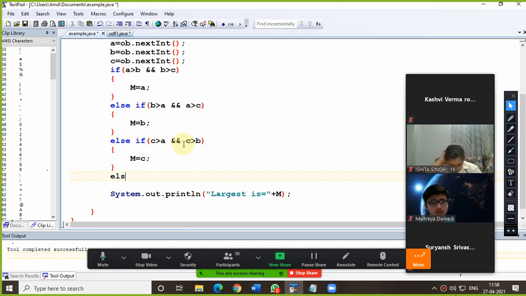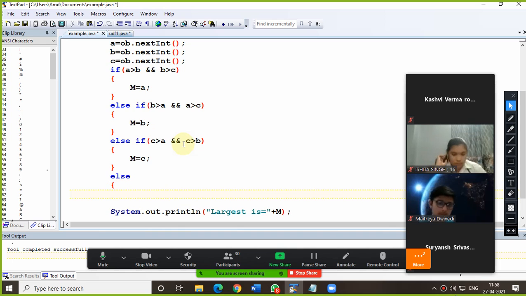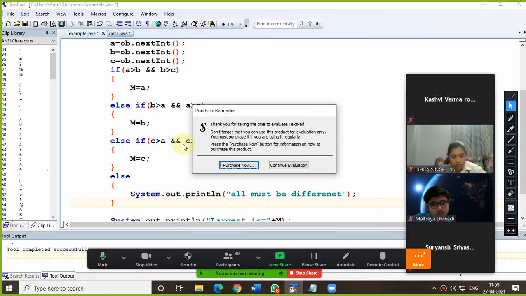And now ultimately else would be, if all the values are the same, then you can print a message, like all must be different. This we can put. Now let me show you this.